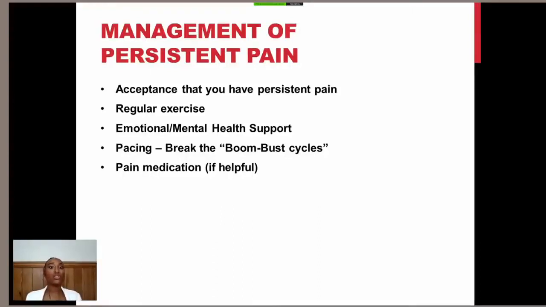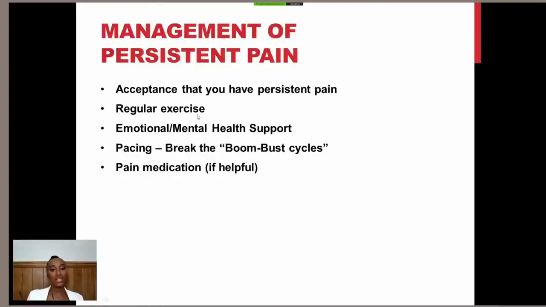So the first thing you need to do to manage it is to actually accept that you have persistent pain and not keep searching for that diagnosis or alternative diagnosis. I see a lot of people that have persistent pain that are still wanting lots of scans and investigations because they think that there's something going on that is causing their pain. But actually it's just, as I said, the nerves are being hypersensitive, and there's other things that contribute to it. So for example, your brain can remember a lot of things which have caused you pain in the past, and then it can cause you to feel pain again for things that shouldn't normally be painful. So it's those sorts of things that are feeding in, which can lead to persistent pain.